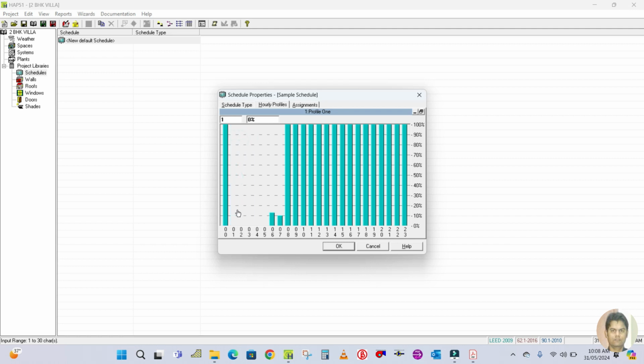Cooling is not required at this time. So cooling is required from 7, for example, where less cooling is required. At 8 a little bit more, and at 9 a little bit more. At 10 you have to increase, 10, 11, 12. This is your peak time. Again you have to go up to here, and you can bring it down like this. So as per your choice you can set this one. Click OK, and